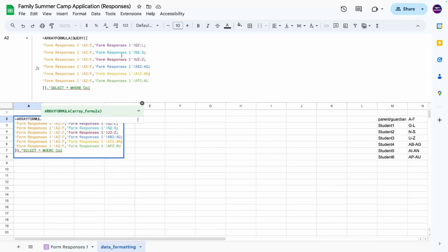And I'm going to show you what we want it to be, and then I'll show you some different things that might happen. So we want to say where these columns here are not null, because we want to make sure that we have only the families with student information in it. Some of the families, if it's just student 1, you're just going to have information here, and then these are going to be blank, and so on. So basically you have to count A is 1, B 2, C 3, D 4, E 5, F is 6. So now we need 7 or 8 or 9 or 10 or 11, I think. But anyway, 8 will work. So column 8